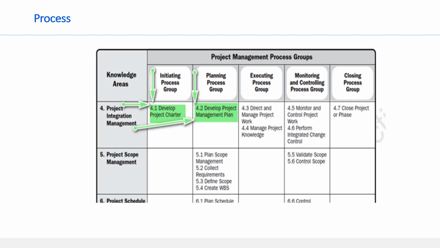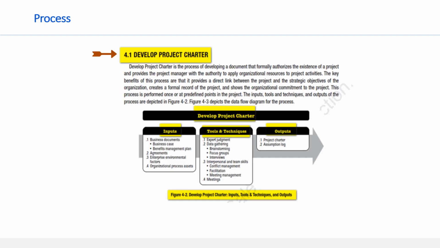It's explained in later pages of the PMBOK guide. Let's go to physical page number 75, in soft copy page number 104. Jump there, I mean it, go. Do you see the heading 4.1 Develop Project Charter? Under the heading Develop Project Charter,